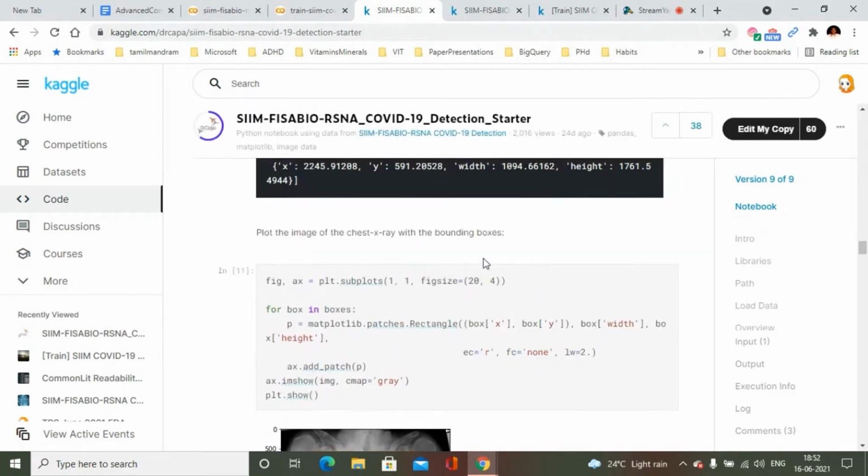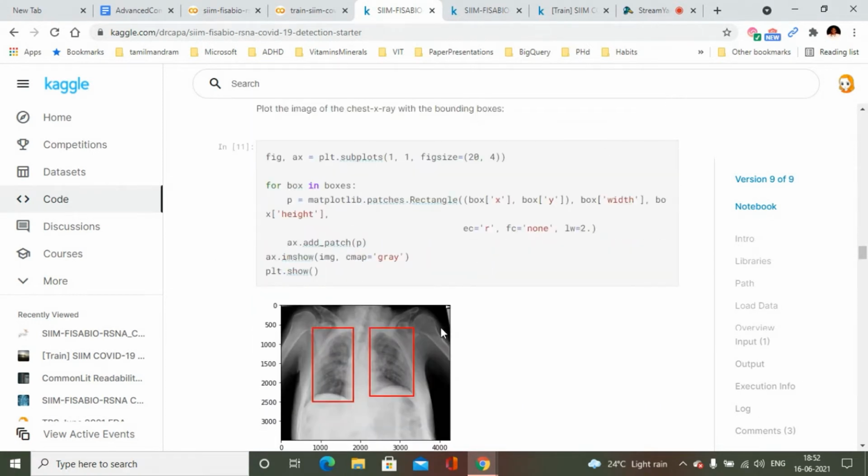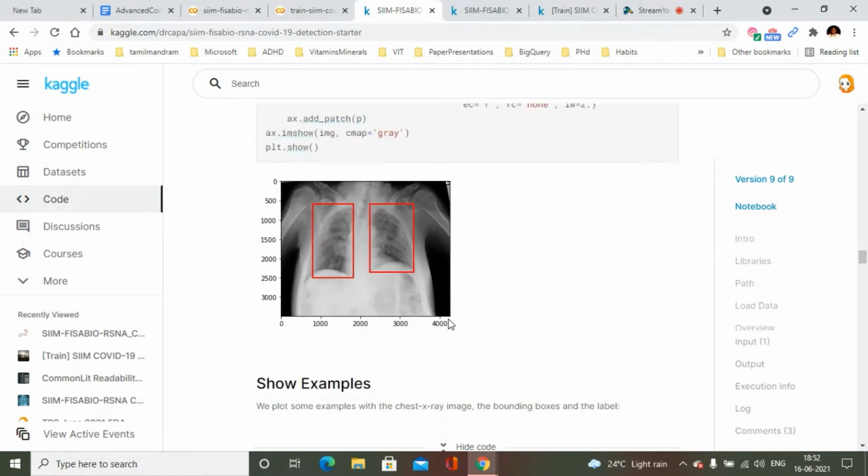A simple EDA on this is this particular image. We are taking the bounding boxes and drawing them on the images. This is how you will classify. If there is opacity, you will be able to see some transparent structure here, which is a characteristic symptom that the patient has got COVID-19. So you'll be drawing a bounding box around those opacities. And if the patient doesn't have any opacities, then it will be returned as null.